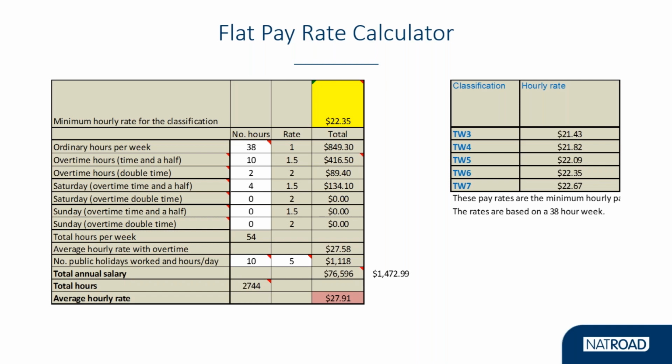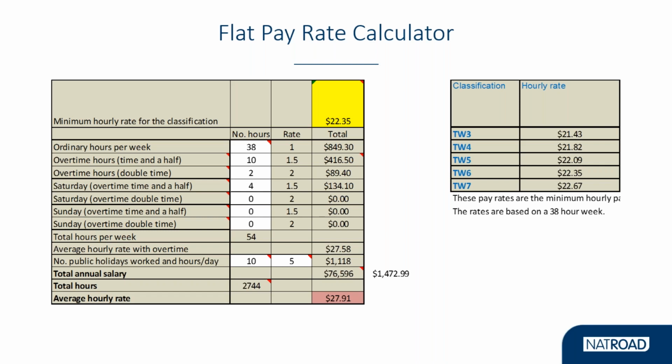Now, moving down, again, overtime under the award, the first 2 hours are time and a half and double time for every hour after it. Now, you may notice if you're looking carefully, there are some little red triangles in the top right-hand corner of this rectangular section on the spreadsheet. If you hold your cursor over that on the calculator, it would actually tell you that it takes into account in the formula the fact that with the performance of overtime beyond that 2 hours, a meal allowance is payable, and it automatically includes that in the calculation.